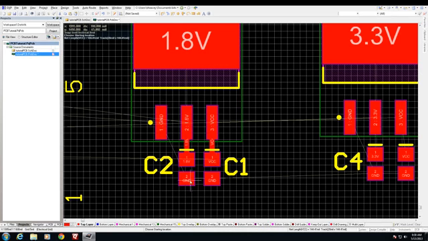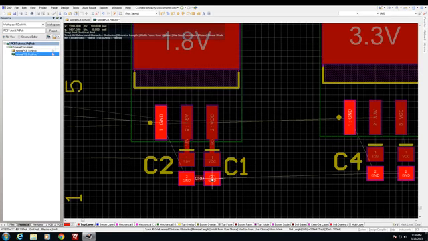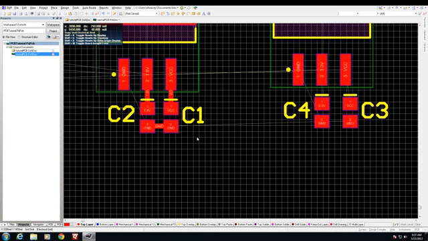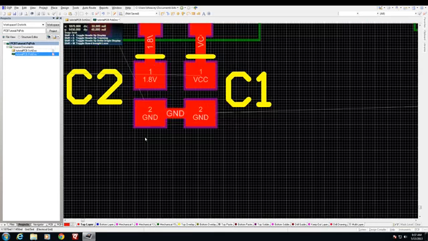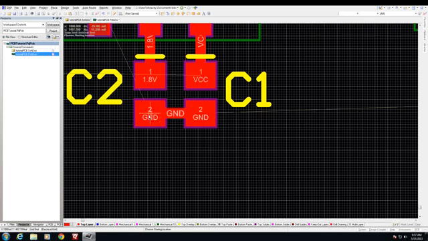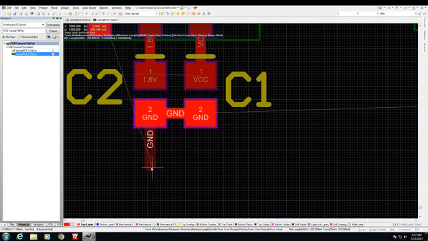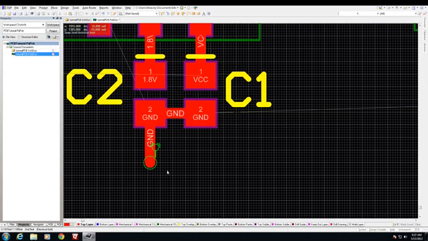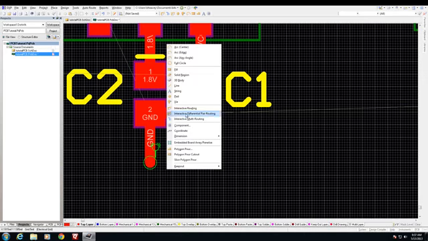For my grounds, I'm going to connect them together here like this. Now I know that I intend on making the entire bottom layer of my board a ground layer, so I'm going to go ahead and insert a via between these grounds and that bottom layer. This is accomplished in the same way by hitting P is in place, interactive routing, draw a line out, hit escape, then hit P is in place, via,